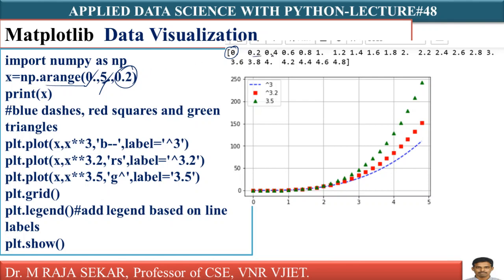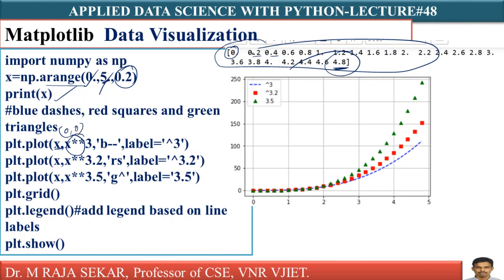0, 0.2, 0.4. I must keep on adding 0.2. I need not spend time, I already discussed this many times. It will not take 5. Therefore, it is taking till 4.8. Isn't it? That's what it says. print x means I am printing all these points. It's nothing more than that. Just see x cube. What are my x values? 0, comma 0 cube.